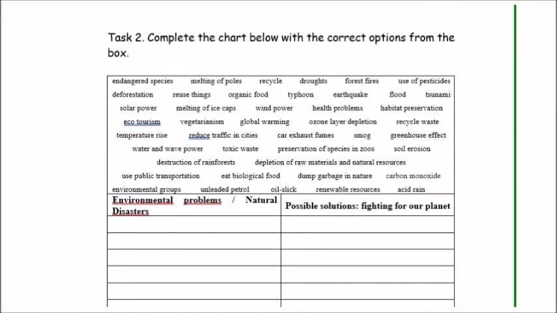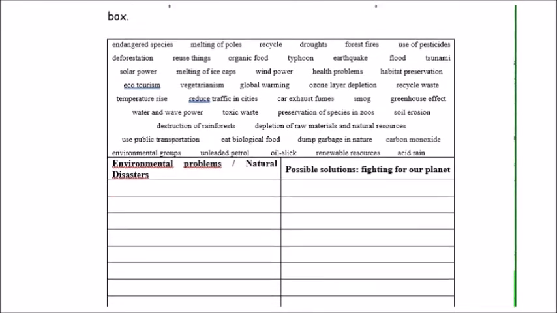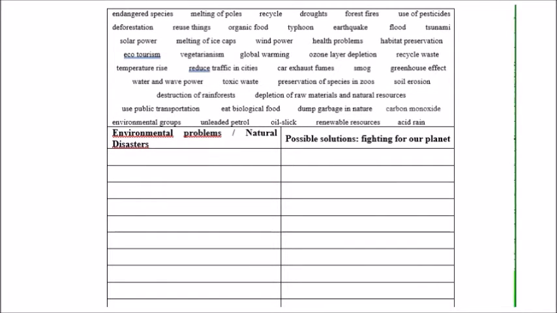Then we have task number 2. Complete the chart below with the correct options from the box. We have here some vocabulary: endangered species, melting of poles, recycle, droughts, forest fires, use of pesticides, deforestation, reuse things, organic food, typhoon, earthquake, flood, tsunami, solar power, melting of ice caps or ice layers, wind power, health problems, habitat preservation, ecotourism,